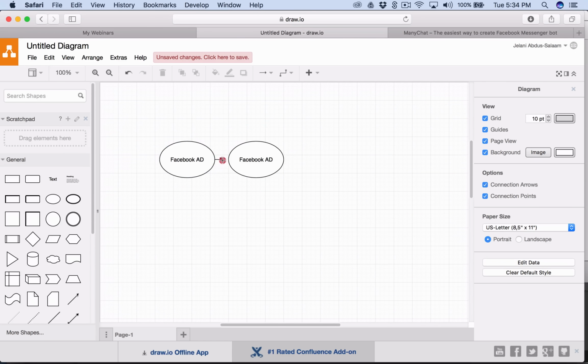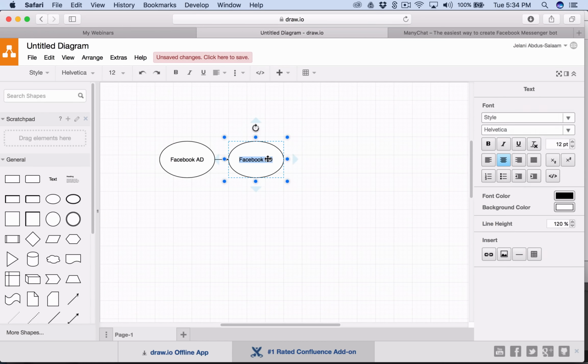And all you have to do is draw out an arrow. Look how easy that is. So now I can edit the text. I'm going to say Facebook ad. So what happens after the Facebook ad, right? Logically, what happens is the person's going to comment a keyword. So I'm going to put comment keyword,